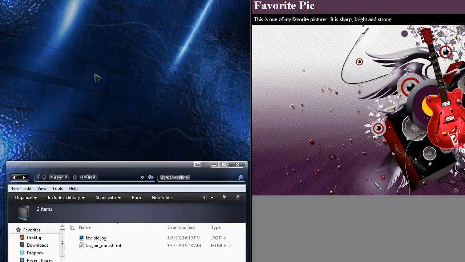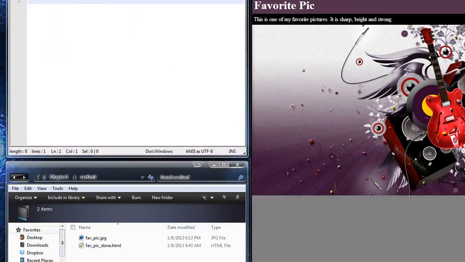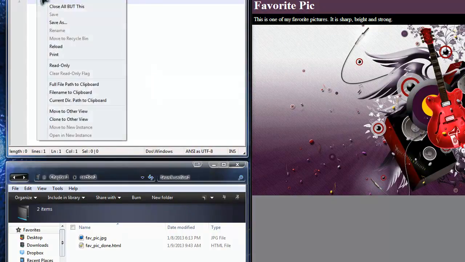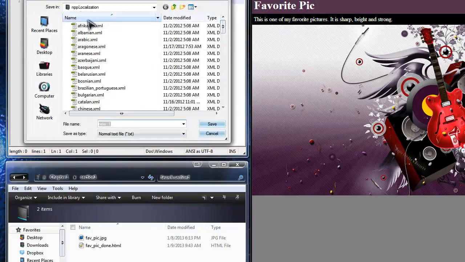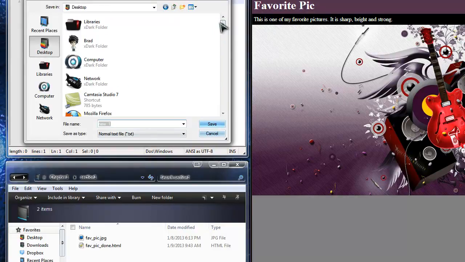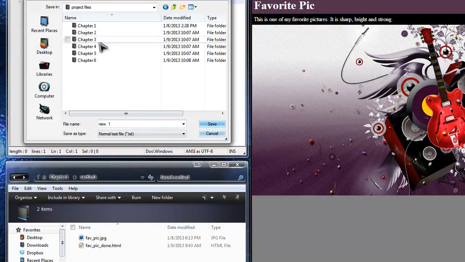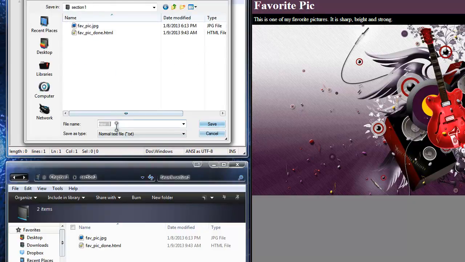Alright, so what I want to do now is create a new file. Let me close this out. I want to create a new file to work with. Now you'll see we have the Fave Pick Done HTML file. I'm going to create a new file and I'm going to call it index.html. Let me just do that real quick. Oops. Save as, and you should save the project before you even start. So I'm going to save it to the same folder, chapter 1, section 1, and we're going to name it